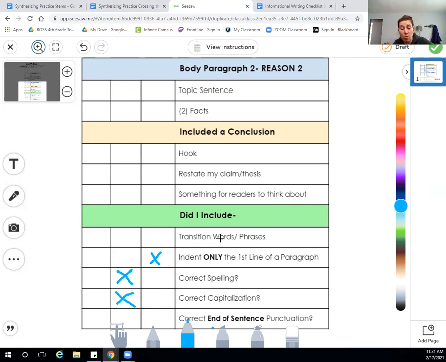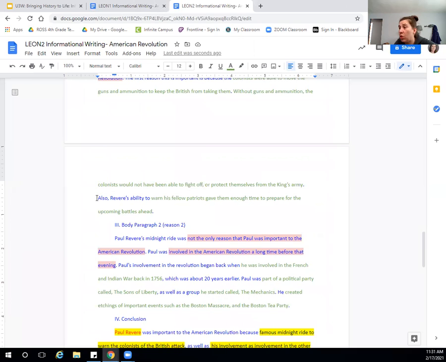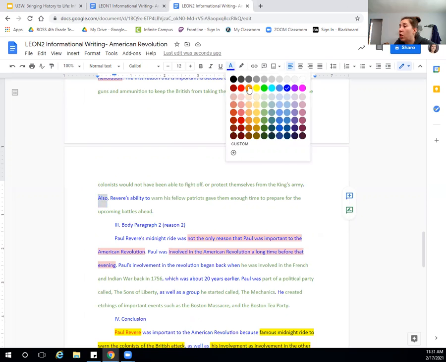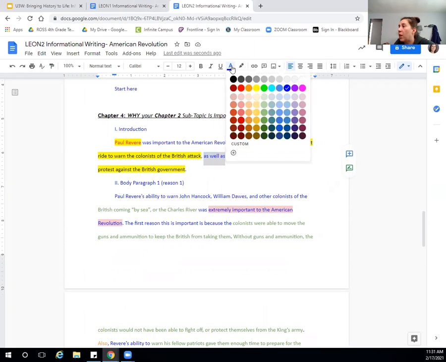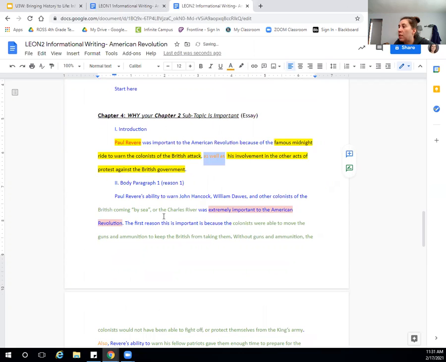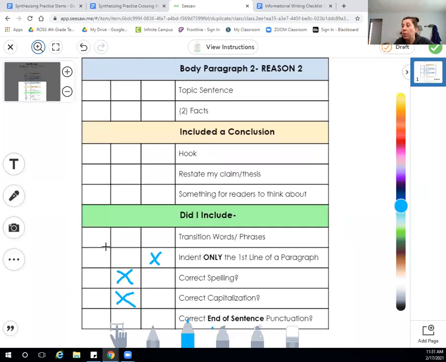And as far as transition words, I'm going to go back and I see the word also. I'm going to highlight that and I'm going to make that orange, showing my transitions are in orange. Also is a transitional word or phrase. I have as well as, that is transitional word or phrase. I'm going to make that orange so that will stand out. The first reason is also a transitional word or phrase. I'm going to highlight that. I am seeing that I am starting to do this. I can't say that I 100% have done all of this and it's perfect,